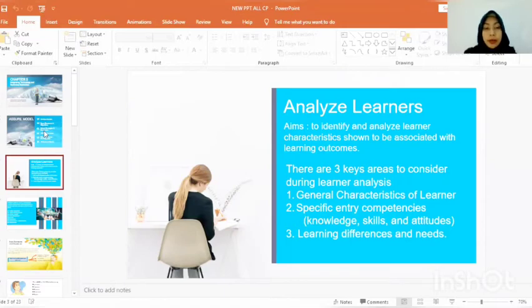A critical component of designing a lesson is to identify the specific entry competencies of students. Entry tests are assessments that determine whether students possess the necessary prerequisites for the competencies to benefit from the instruction. The last area is learning differences and needs. To ensure learning for all students, the teacher must identify and analyze the unique differences and needs of the individual